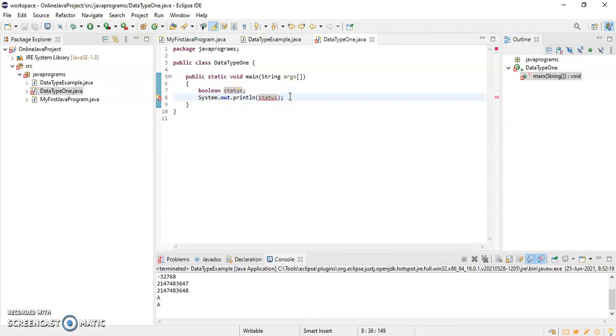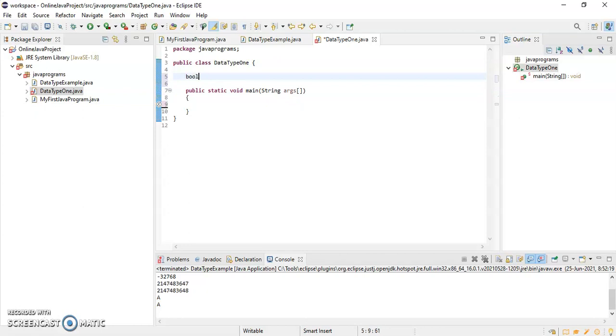But if I declare this variable as an instance variable or as a class variable, suppose I'm writing here boolean static status, and also boolean status, and I am just writing a sysO, and I have to create one object to assign this particular variable.